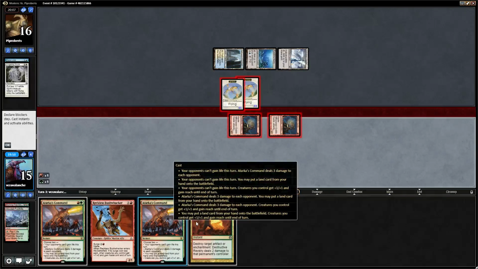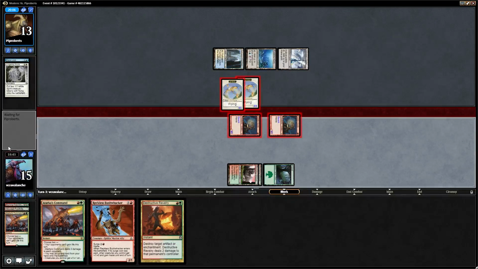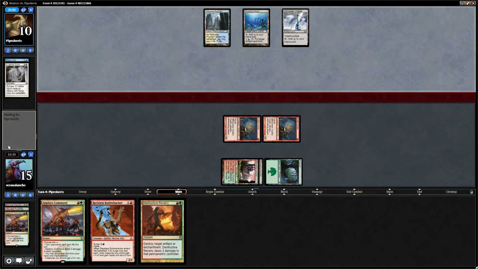And let's see. So where's 3 damage? 3 damage to each opponent. Creatures can go +1/+1 and reach. So he's down to a 10. We didn't lose anything. We still have the guides that have done a phenomenal job at...